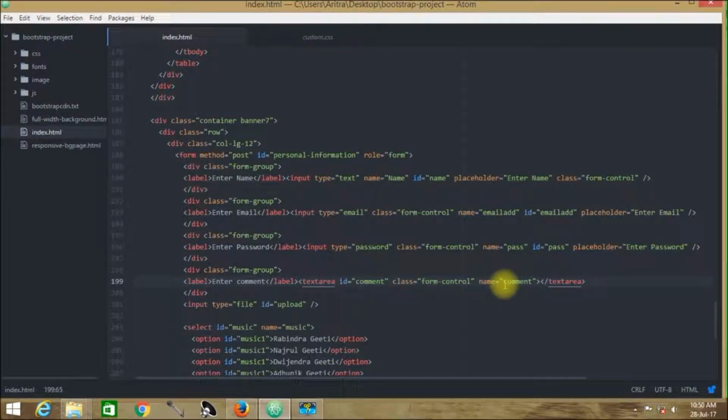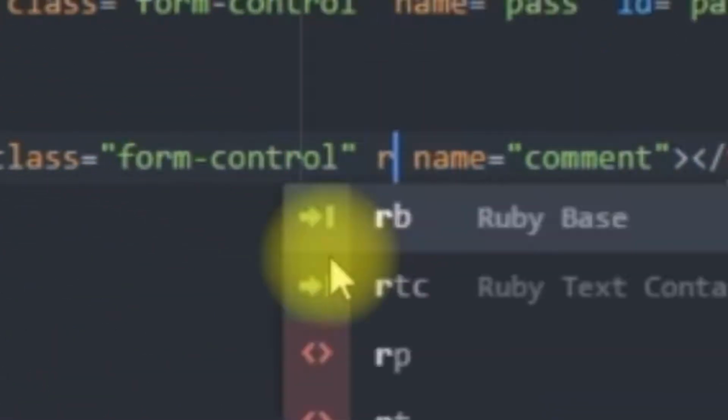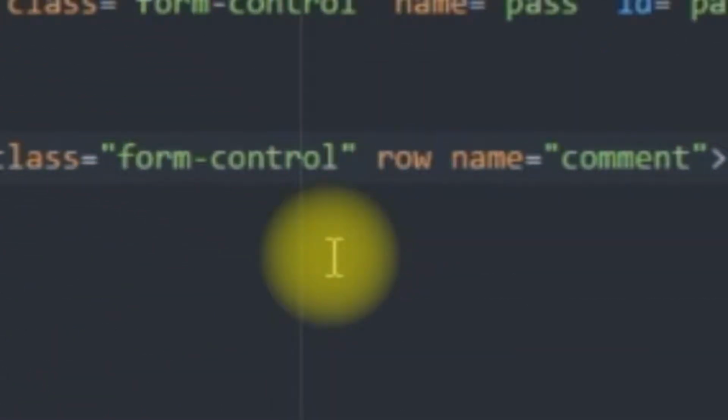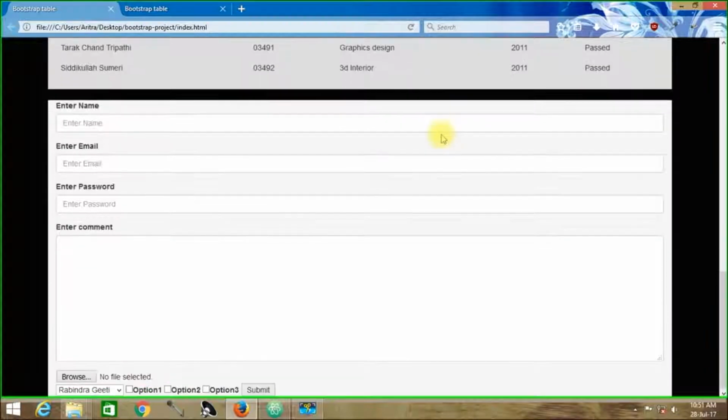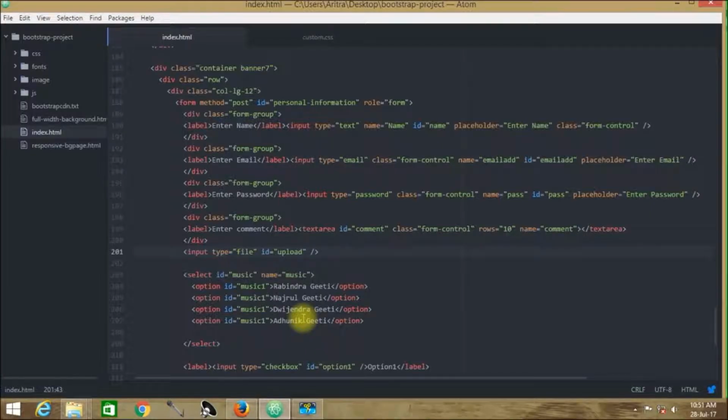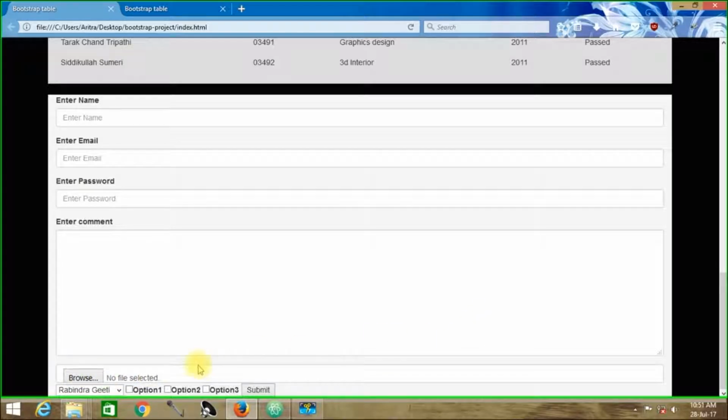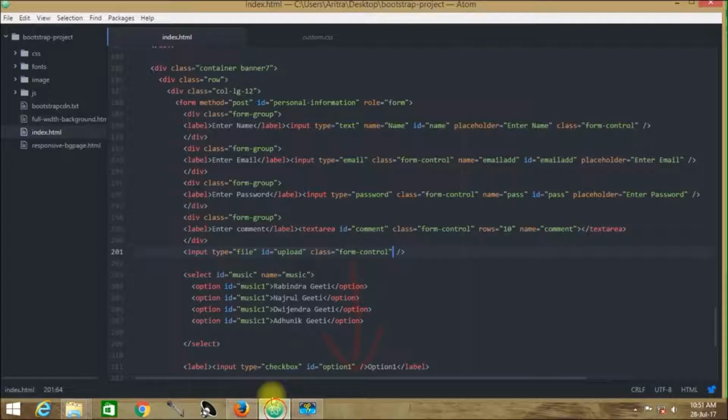Now another thing, we are using another particular thing that we have learned from our previous HTML form element tutorial. Use this thing over here, 10. We are making this row span as 10. Press Ctrl S, get back to your project, and you can see that the text area component is now getting enhanced, as we can see over here. First of all, if you want to use here this class form control, use it. You can see that this class form control has been used over here, and it is executing the same property as it has done in its previous case. We haven't used any form group element over here.